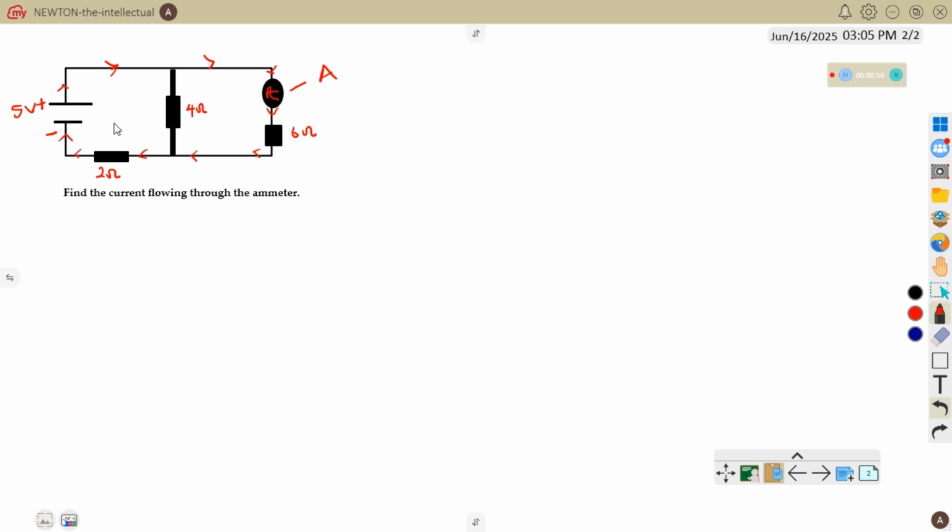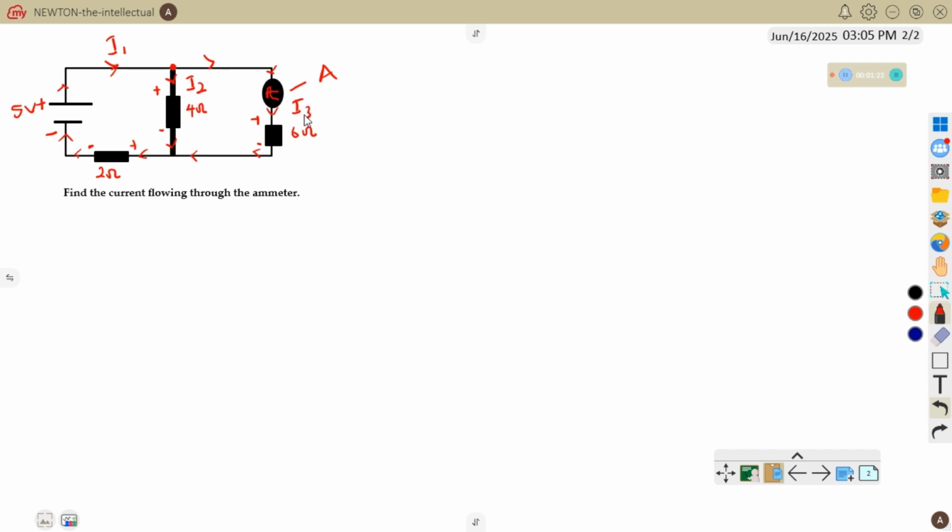Right. So now for this question, we have 3 resistors, and this one current is also flowing like this because this is where our junction is. So current is flowing like this. So this is our positive, our negative, our positive, our negative, and this is our positive and this is our negative. So now we have all this. Well, this is where current 1 is. Let's say that's our first current. Then let's say the current that flows here is the second current, and now let's say the current that flows